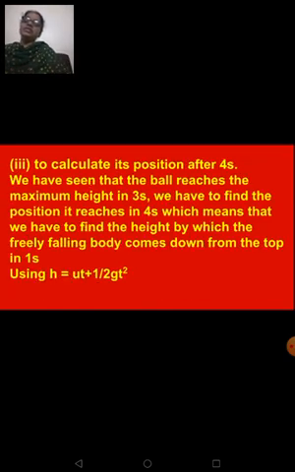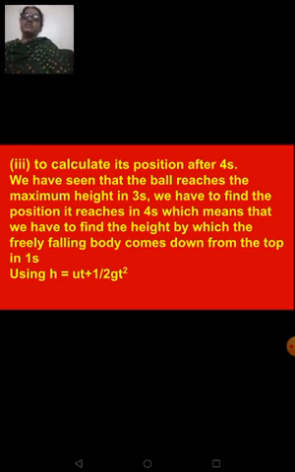Now let's look at the third part of the question. To calculate its position after 4 seconds means you have to calculate the position of the ball after 4 seconds. As I told you, here you have to understand the total time the ball has taken to go up and come back down is 6 seconds. Here they want you to find the position of the ball in 4 seconds of time. I told you the ball will take 3 seconds to reach the maximum height and 3 seconds to come back to the thrower. That means the person who has thrown it